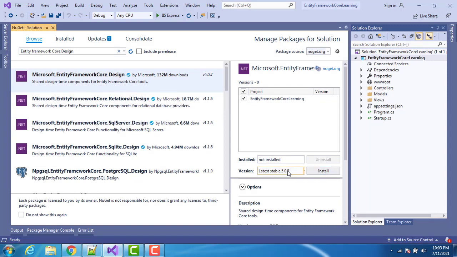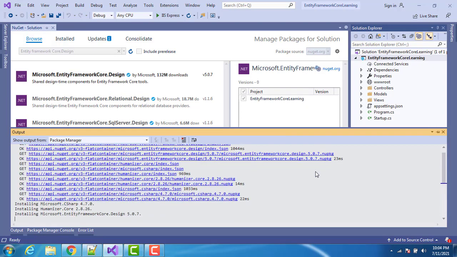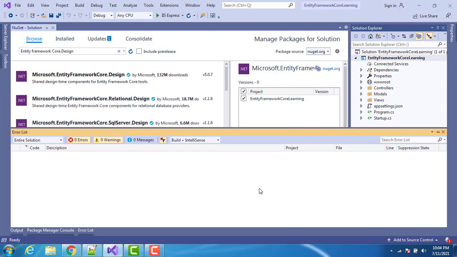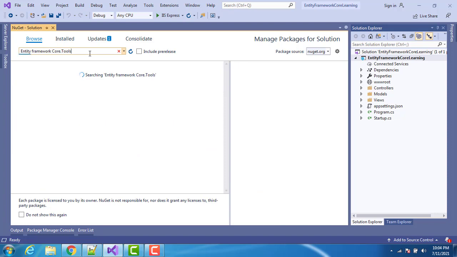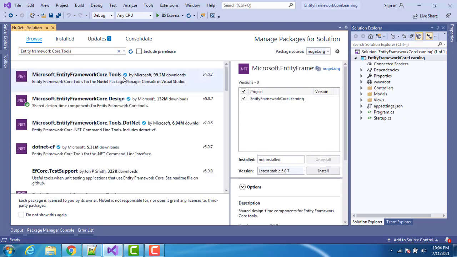For this also I'm proceeding with the latest stable version. Let's move ahead with the third one. For this also I will move ahead with the latest stable version.